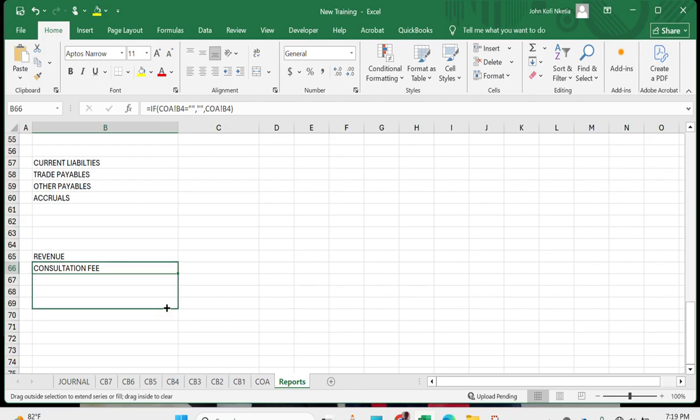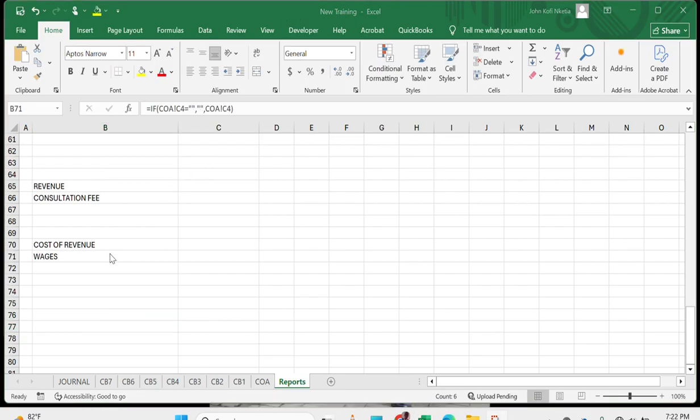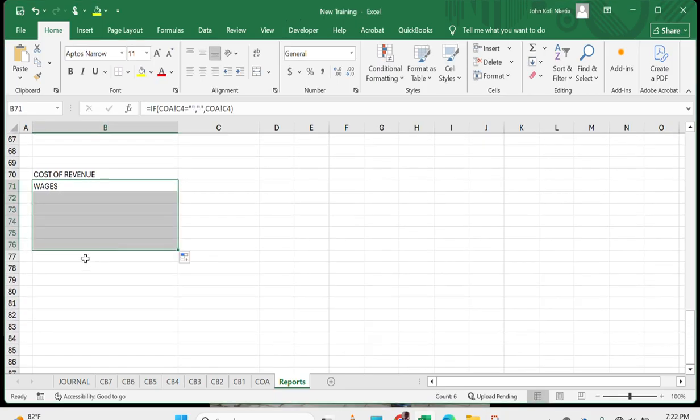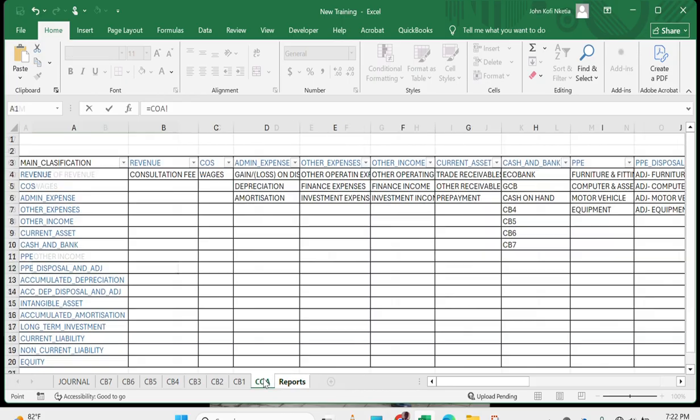For the revenue, let us leave it to this side. Then our cost of revenue or sales, we are going to use the same format. So let us add other income. So using the same format,